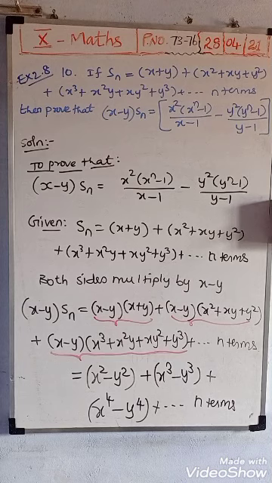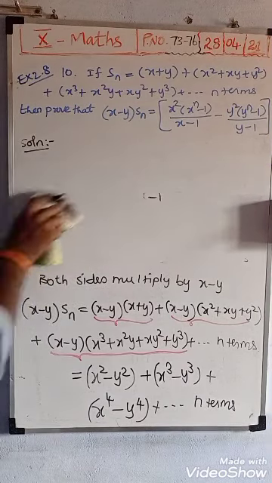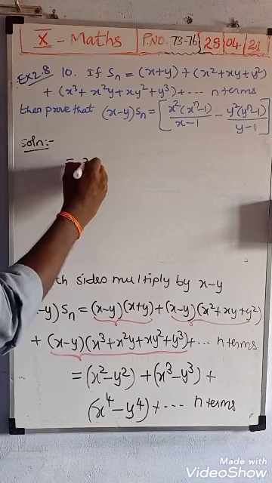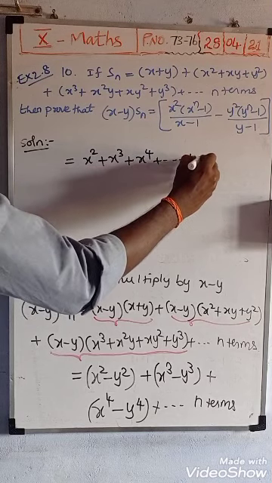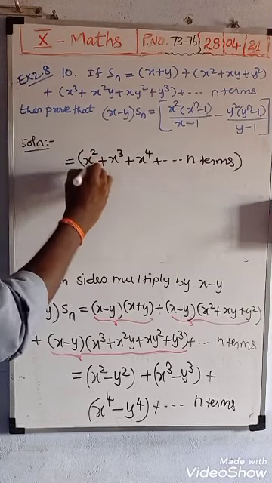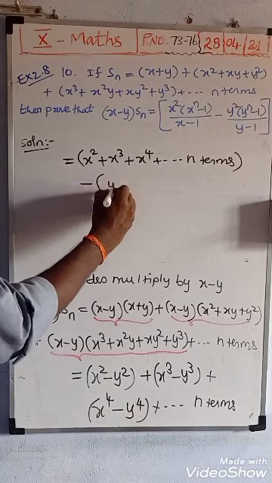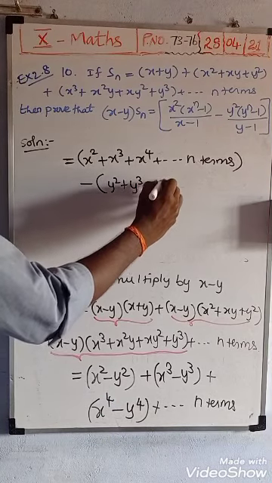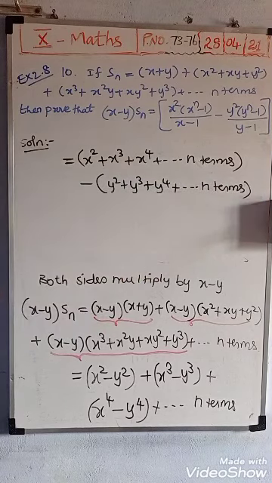Okay, now it has come to two terms. Now what do we want to do? You see, split it and write. Okay, first x squared, next x cube term, next x power 4 term, up to n terms. Then what is common in between? All the minus is common. Minus you take outside, remaining y squared plus y cube plus y power 4 plus up to n terms. Okay, single terms you can split and write. Okay, double terms.